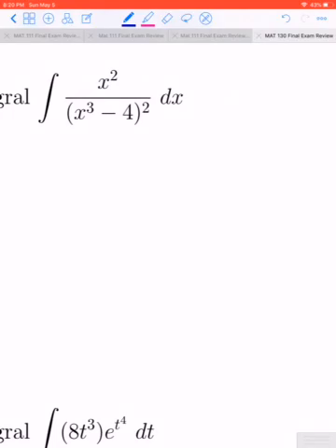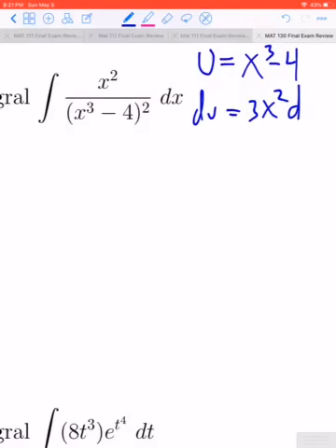One of the common techniques that we saw in the past is to try to let u be an expression that's under a power. So if I look in the denominator, I see that x to the third minus 4 is being raised to the second power. So let's try to let u be x cubed minus 4. If we do that, I can differentiate this expression to get du is equal to 3x squared dx, and